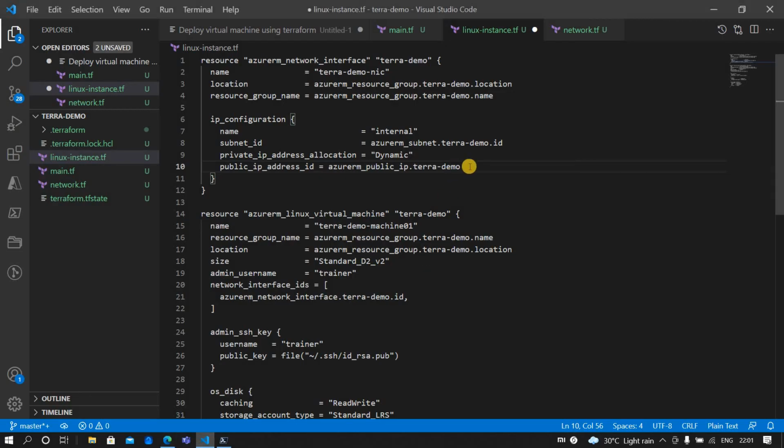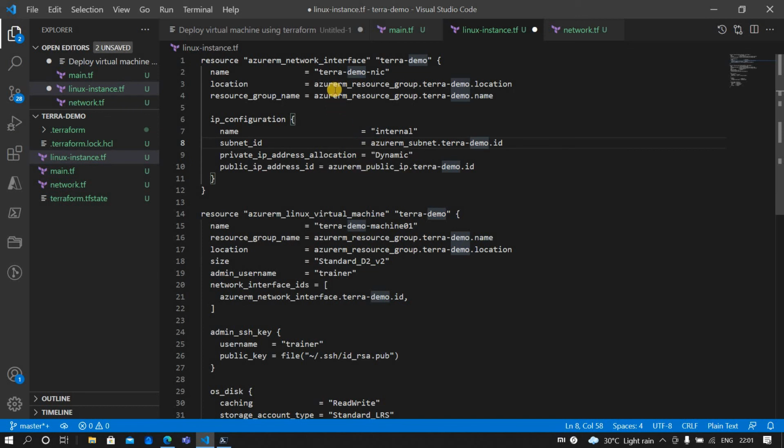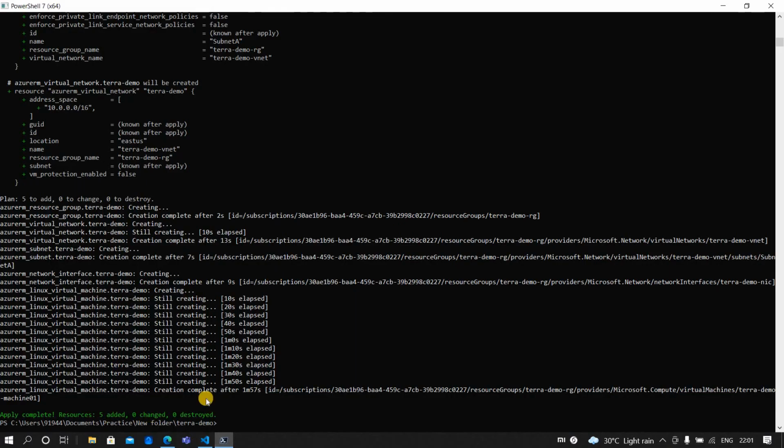So that after the public IP gets created, it will get passed on to the network interface. So everything is good. Let me save it.